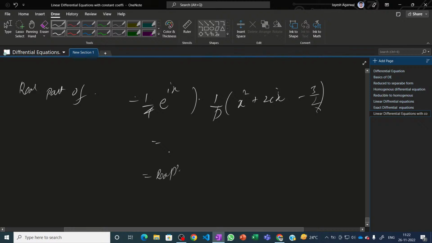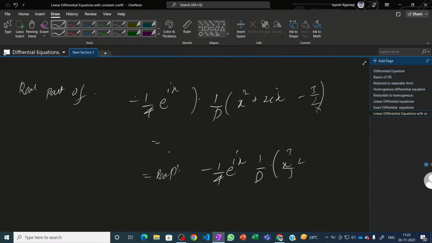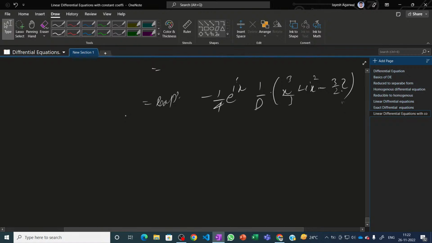So then the real part can be written, finally we can simplify it and write it as real part of minus 1 upon 4 e raised to power iota x, 1 upon D, x cube by 3 plus iota x square minus 3 by 2 x. So then finally this can be written as minus 1 upon 4